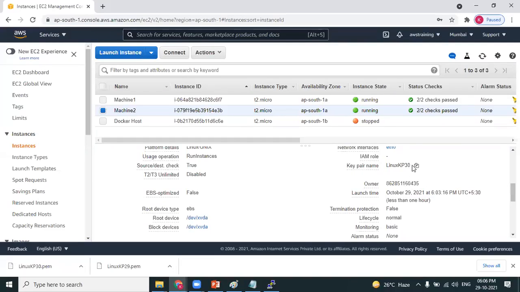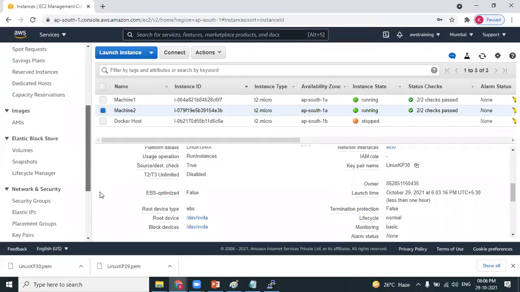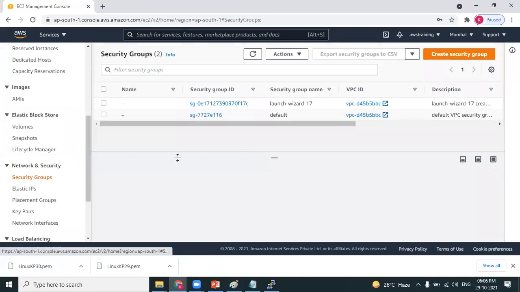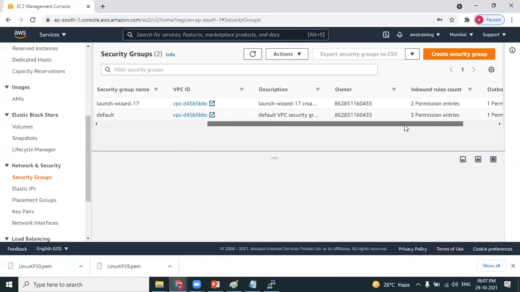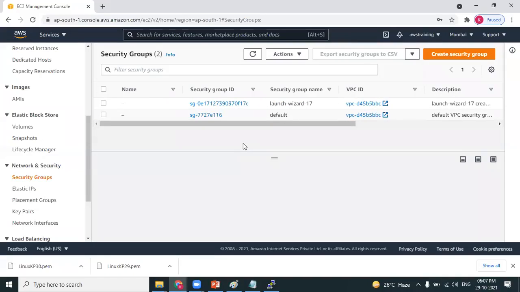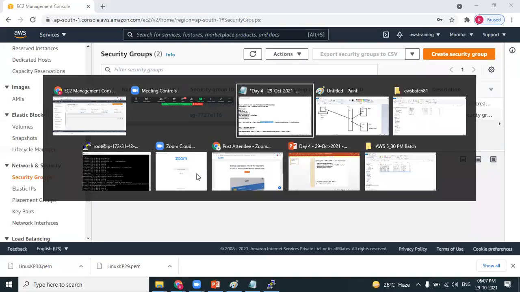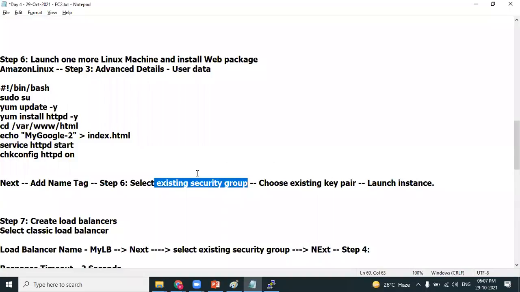Let me open the security groups. I can refer to it here anyway. No, that's okay. My confusion was, we have used the existing security group, then why are we downloading the next key pair again? Your question is related to the key pair or the security group? The question is related to the key pair.